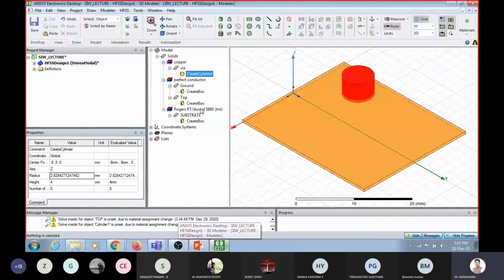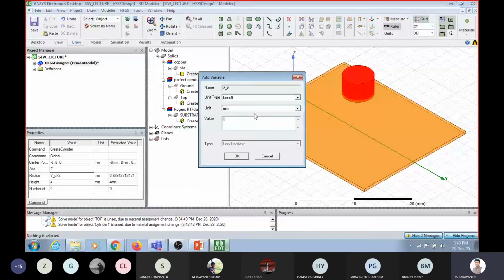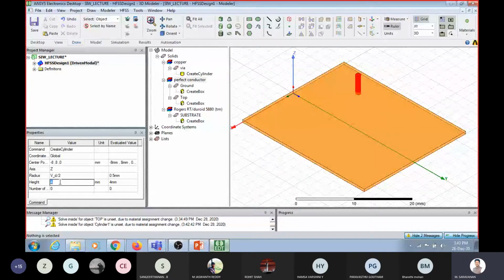So I choose the via diameter as VD. Since it is a radius, I put it by 2. I give via as 1 mm, and you can see 0.5 has been calculated. So this is the radius.